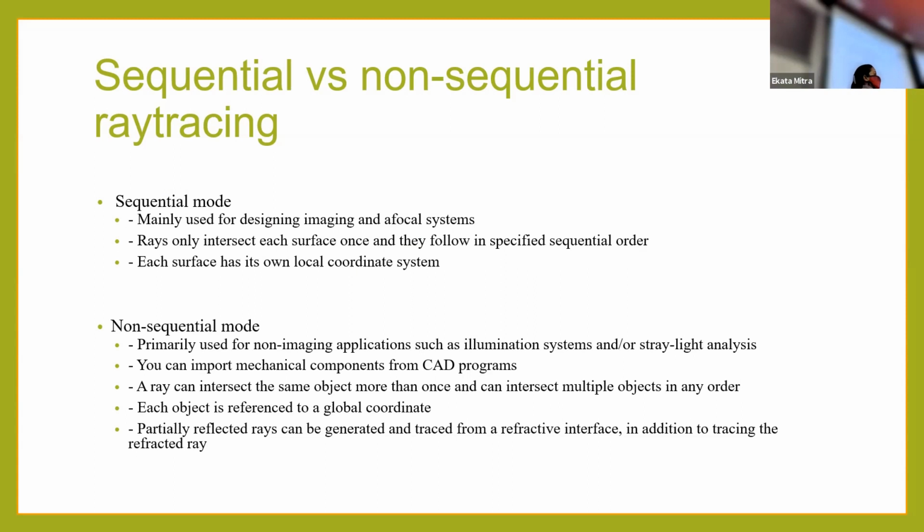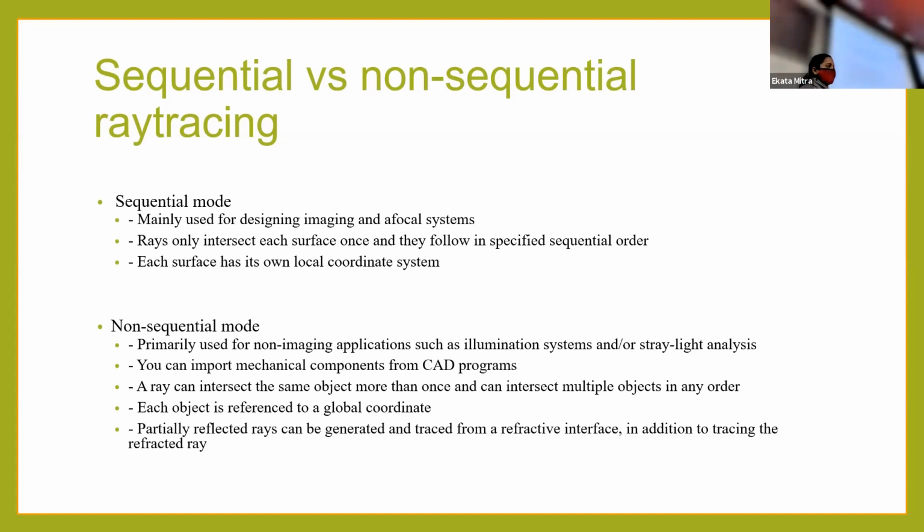But suppose you have a lens set up so that it reflects rays back along the same path, such as with total internal reflection. That means rays go there and then come back. If each ray is not meant to follow the direct sequential path, and there are obstacles that send it back, we need a more realistic ray tracing, which is called non-sequential ray tracing.